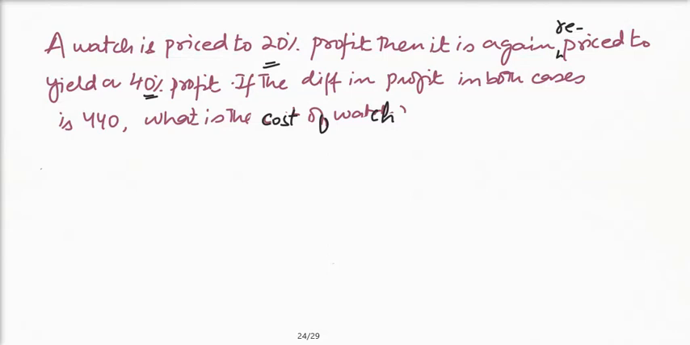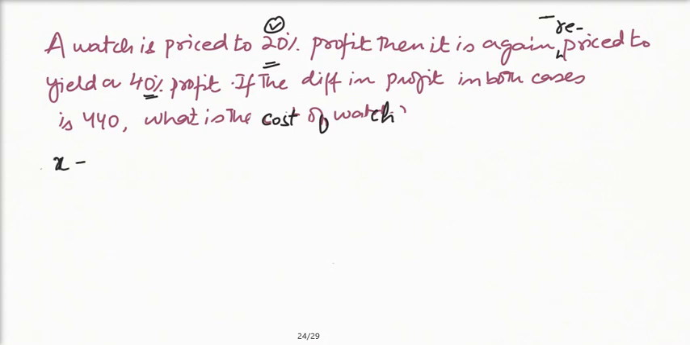Okay, so looking at percentage questions, which are considered one of the tough ones in the exams, it says that a watch is priced to 20% profit, then it is again repriced. The word reprice suggests that it is again repriced from the very beginning. So starting off, we will be doing this like,